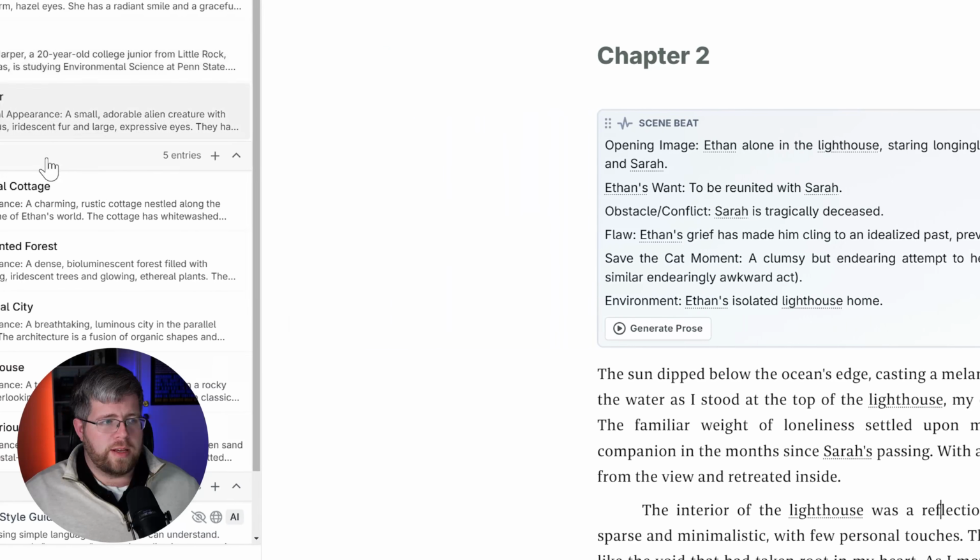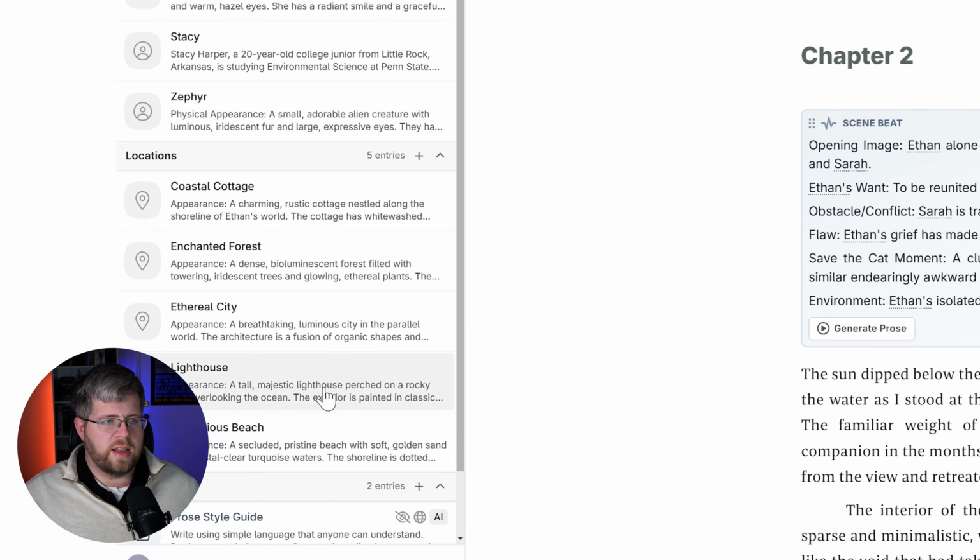So not only can you pull in characters, you can put in locations, and there's just a lot that we could talk about with NovelCrafter, but suffice it to say, I believe it is the best tool here in terms of harnessing the power of AI in multiple ways. And you don't even need to use it for fiction necessarily. It can also be used for nonfiction because it's just best for long form writing in general.